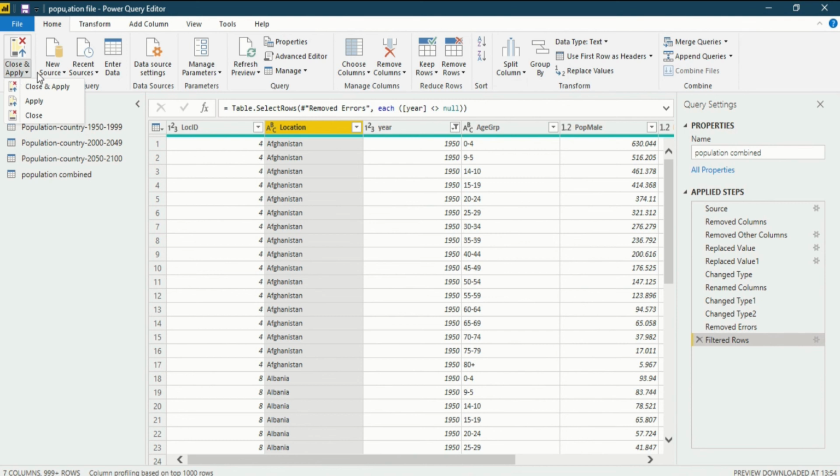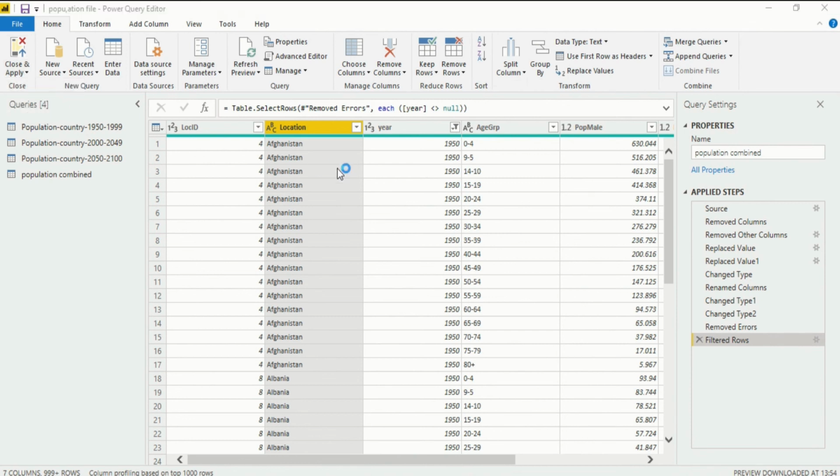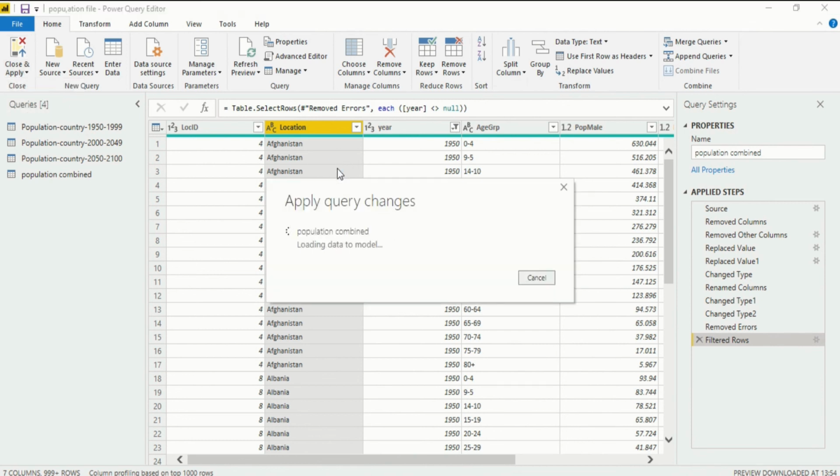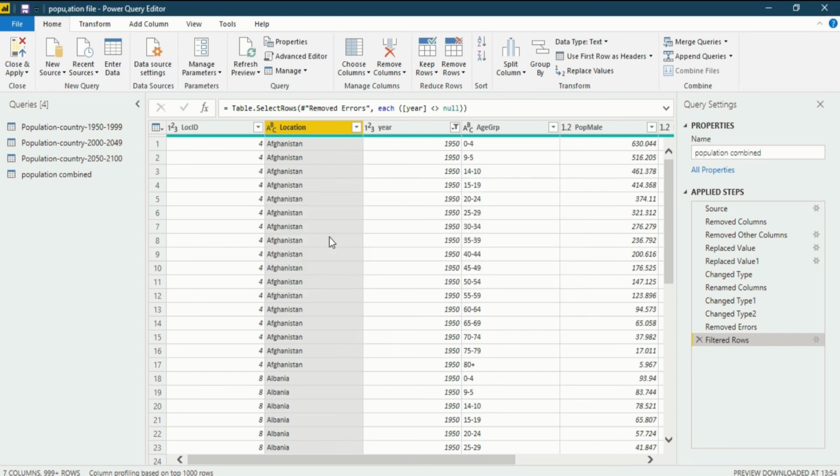Now after that, click on apply. When you click on apply, you won't see any error now, because after applying query changes, as you have removed all the errors, this won't show you any error. It will take a few seconds, so wait for it. So I have applied all those changes. Now you could see there is no error, because the errors have been removed from the data through the several steps which I taught you.